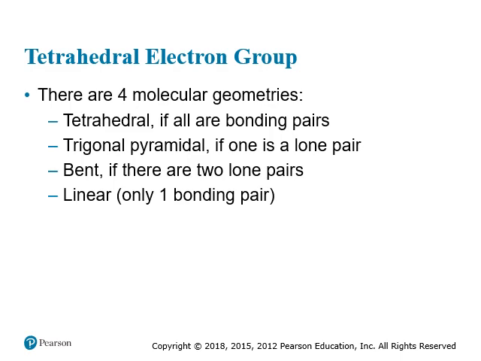Trigonal pyramidal if we see one lone pair. Bent if we see two lone pairs. And again, linear if there's only one bonding pair. If there's only one bonding pair, that means that there are only two atoms, once again, giving rise to a